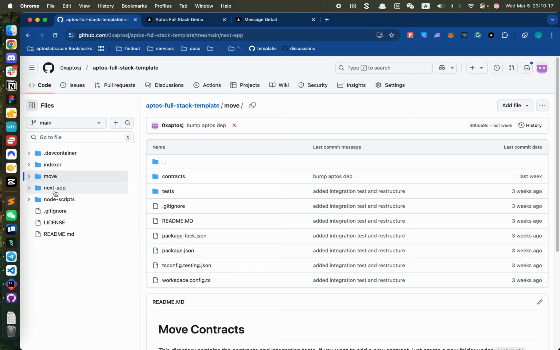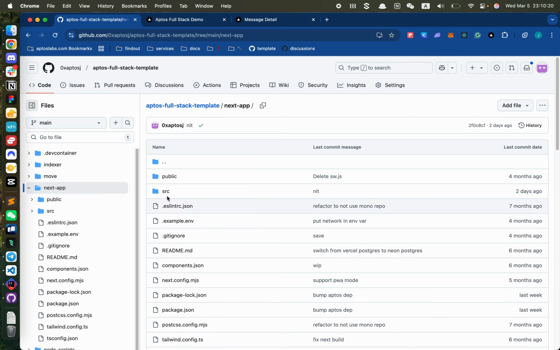And then we have the Next.js frontend. This is using the latest features in Next.js, like the app router and server actions. So it also has a very nice small backend built in, so you can do all the data fetching securely in the Next.js backend. And it also includes the wallet connector and basically all the stuff you're going to need, like caching